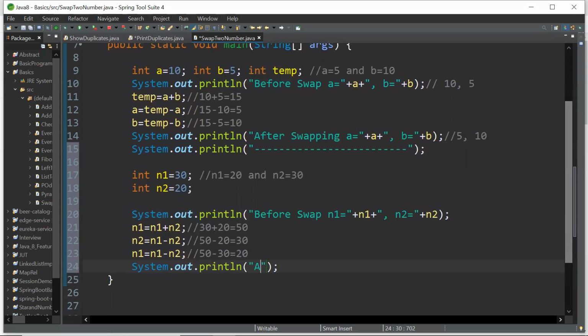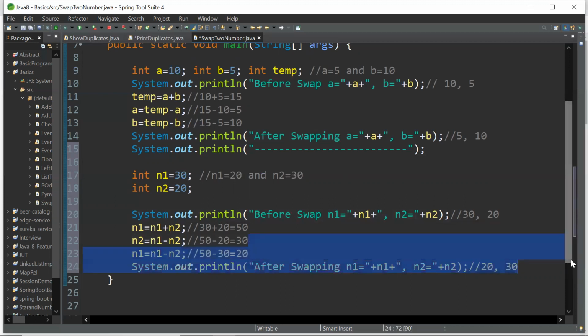Just print after swapping: n1 equal to n1, separated, n2 equal to n2. So the output should be here n1 is 30 and n2 is 20. Here it should be 20 and 30.